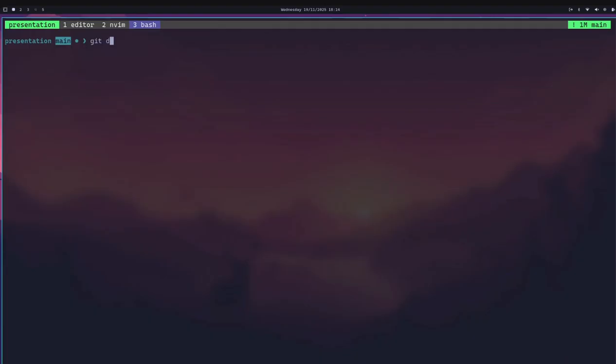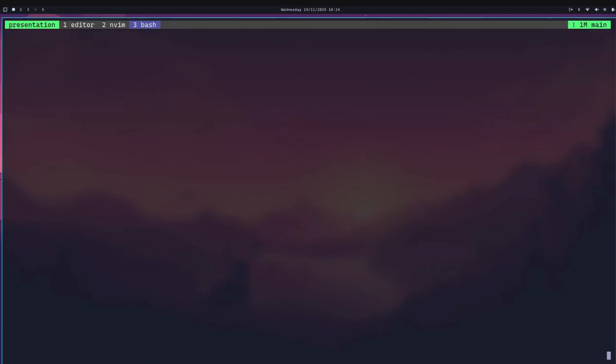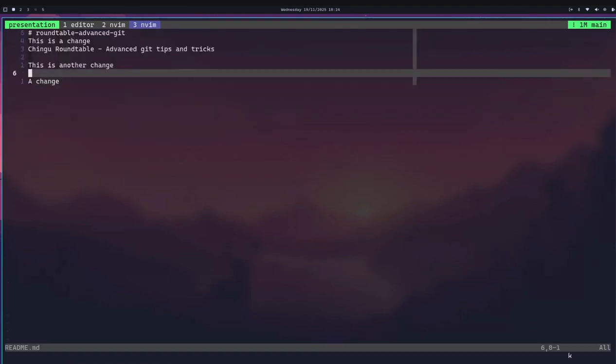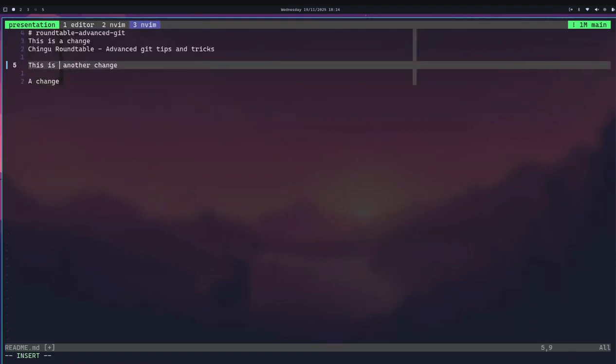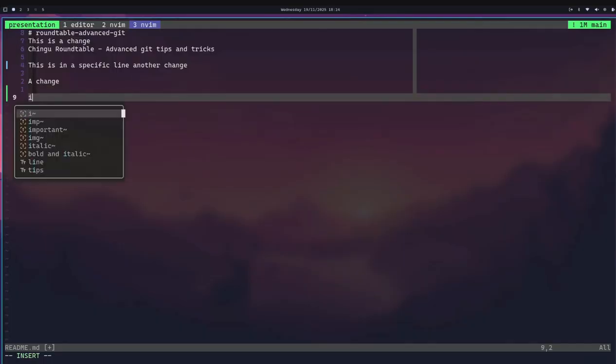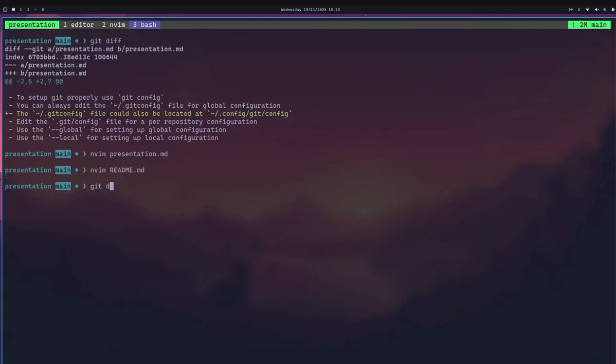Okay, if I do a git diff, let's make some more changes, not in this file. Okay, so if I do a git diff right now,